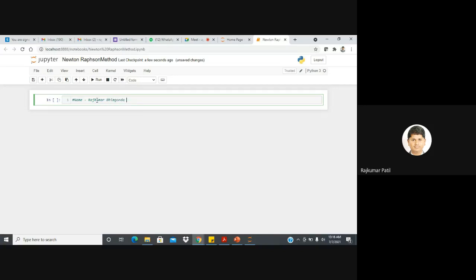So I will write my name, then it is related to unit number 1, and the problem is related to the bisection method, sorry, Newton-Raphson method, to estimate root. Here I forgot to put a hash in front of that line, so I will put it. During typing you may make many mistakes, so you should be very careful about it. Then we will go step by step.